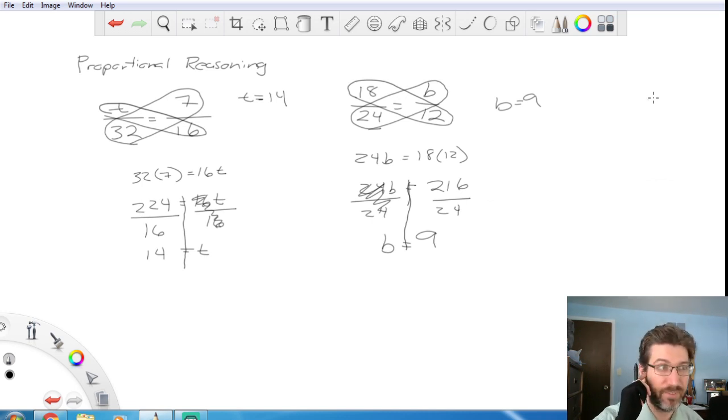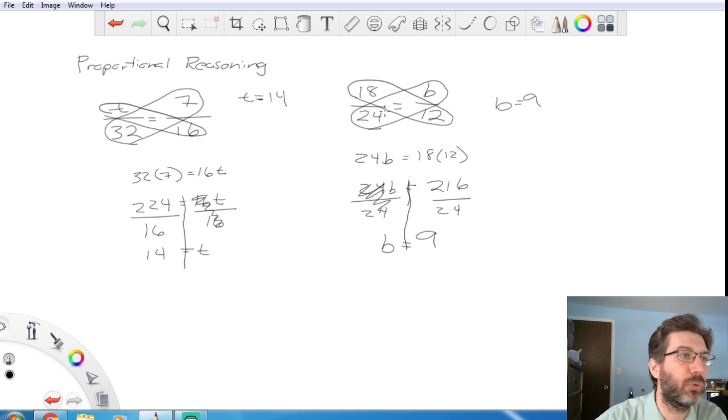So that's the math behind it. Again, you've kind of been doing it all week, and we kind of did it last week too. It's just solving proportions. What it's always going to come down to is if you actually pick this apart, you can see it's always going to,